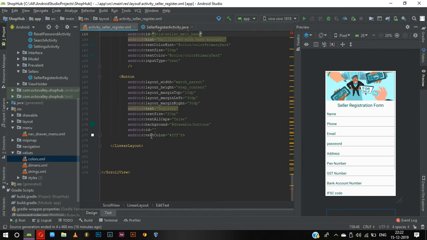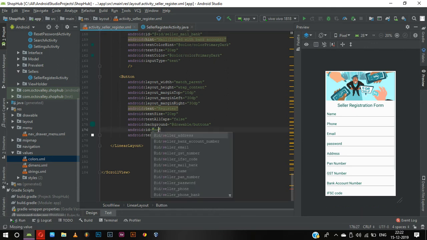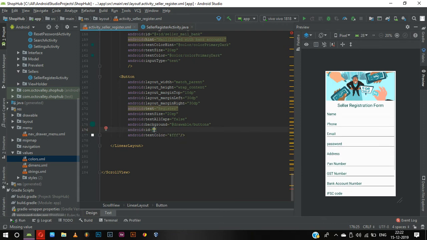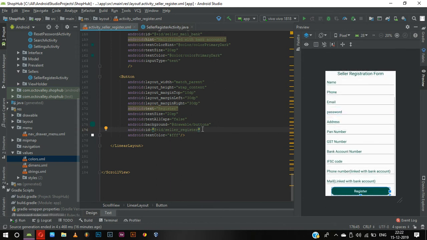So yeah, we need to give the id seller login. Oh yeah, it's not login, it's register. Now what we can do is, now we need one more button for already have an account, we can just log in. So here